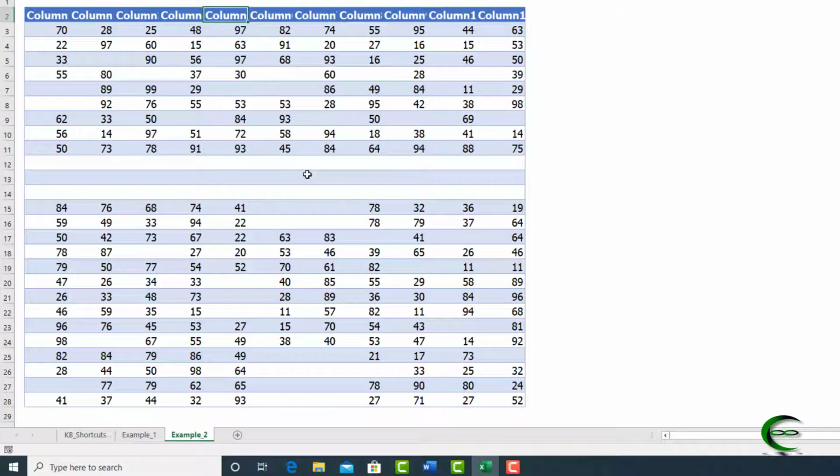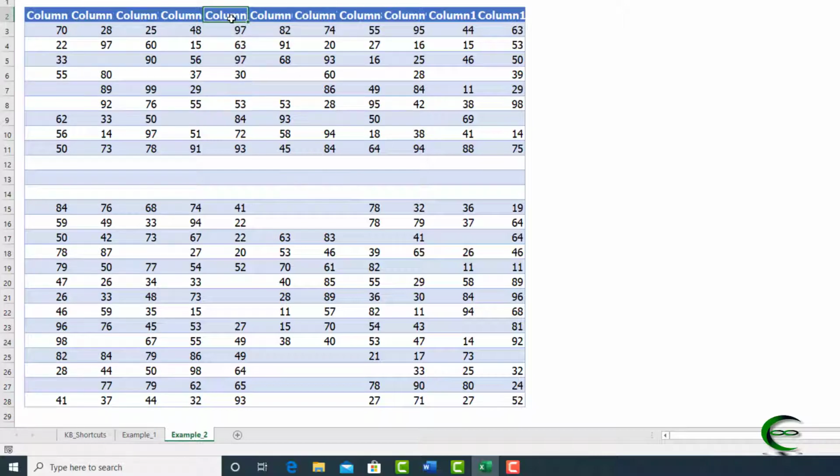non-contiguous range. If we try to use Ctrl Shift and down arrow that we used while selecting a contiguous range column, here it is easy because the data set is very small. But what if your data is spread over thousands of rows and the column you need to select has more than 100 blank cells? It will be very cumbersome to select the column by pressing Ctrl Shift and down arrow.